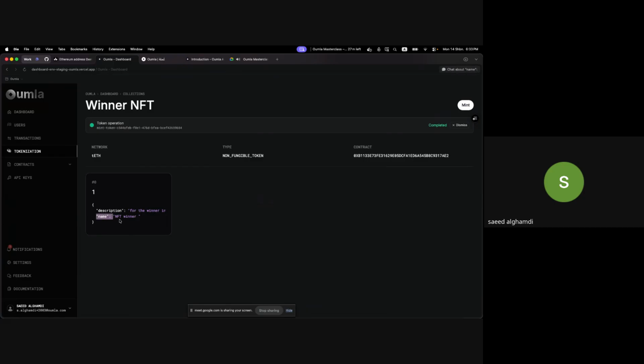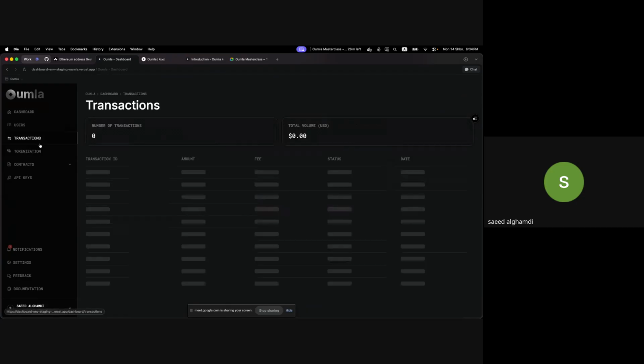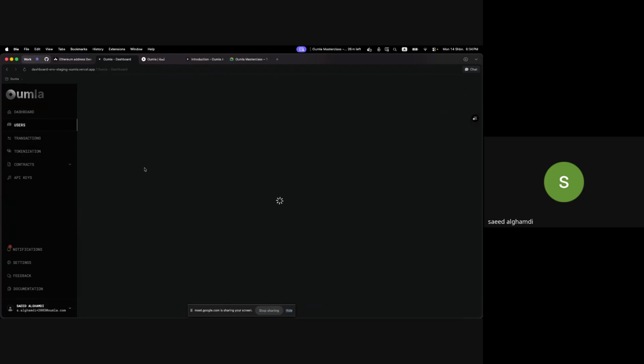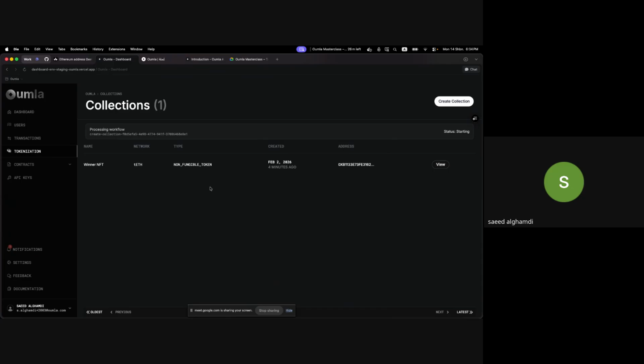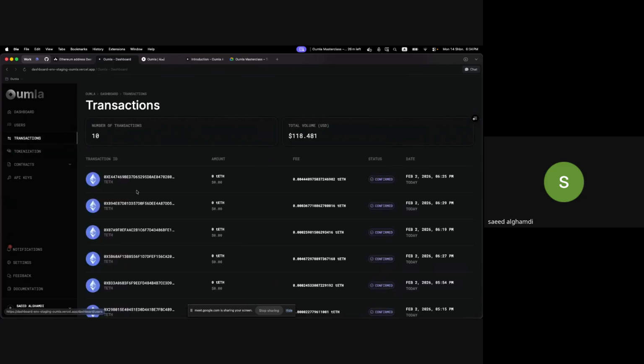So we have the description, the name, and also you can go search for the contract on any explorer that supports Sepolia, and you will find all the transactions that you did, basically. So yeah, that's I guess all the demo for the tokenization and all of the things that we have here.